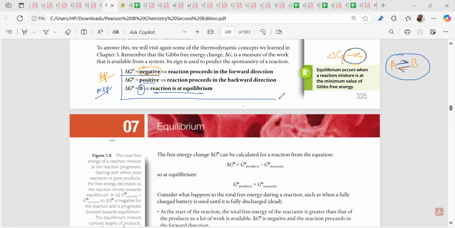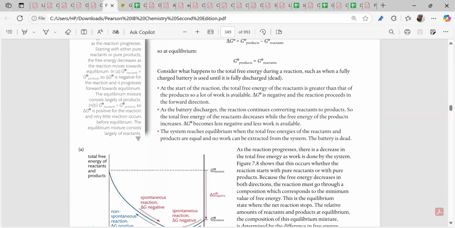This bit is very important. Got it? Get my point? The reaction is at equilibrium. Clear? Now coming to this part, you have to see that when we talk about any equation,